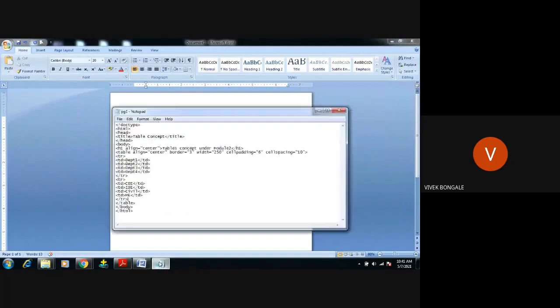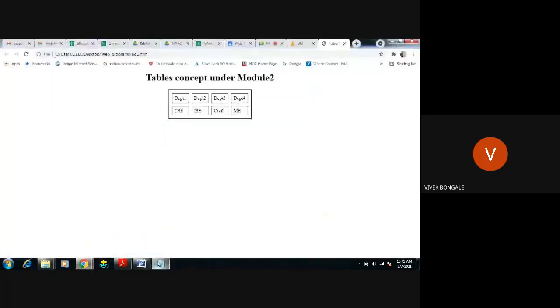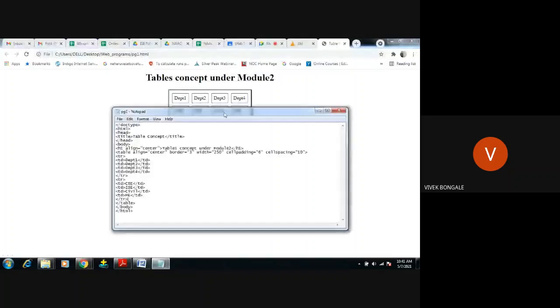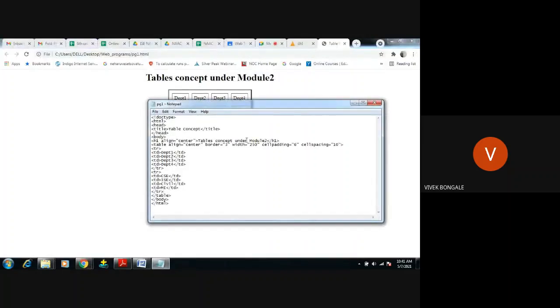We're going to use the same code. Now if I want to merge these three headings, what I will do?